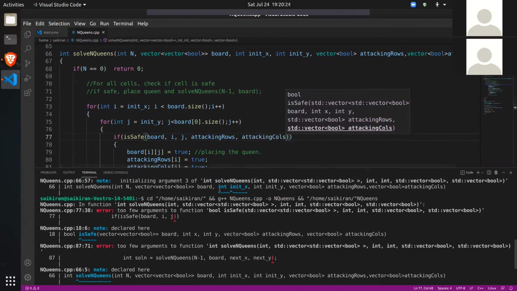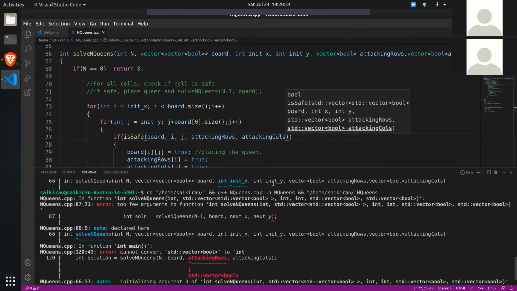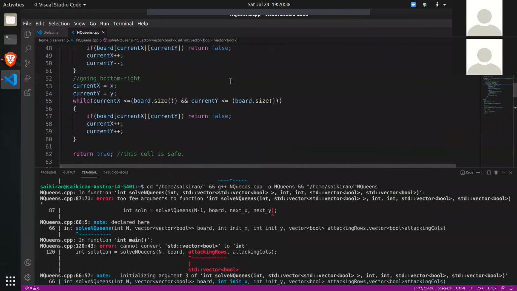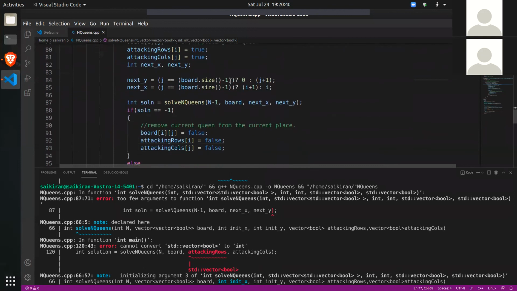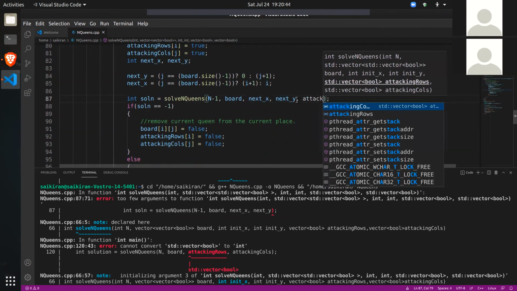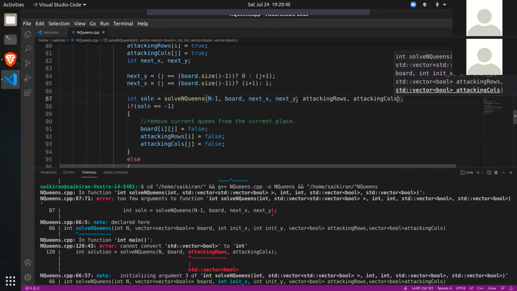Okay, anything else? Too few arguments, line number 87. Okay, again. Attacking rows. Attacking columns. We missed these arguments in this recursive call.